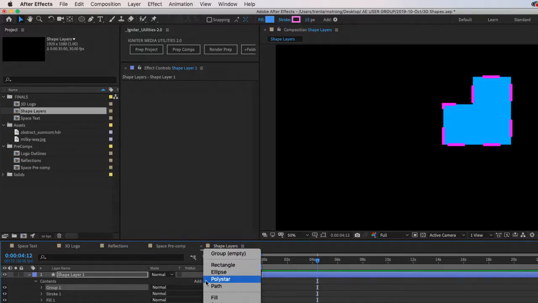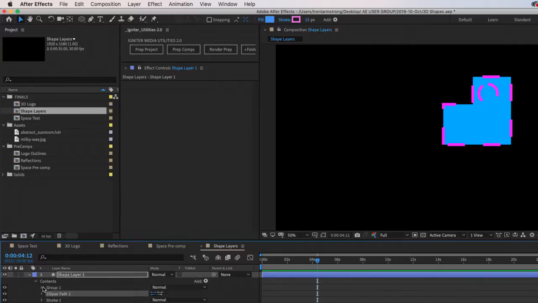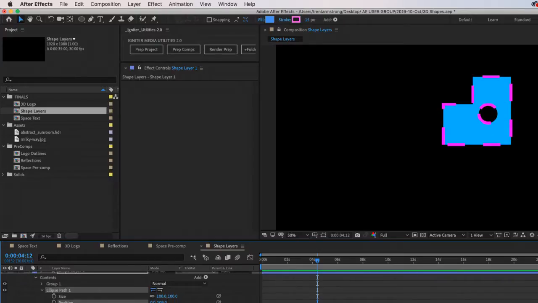And then I can add an ellipse here, and then I can do another merge paths like that and subtract the ellipse from there, and I still have my stroke.